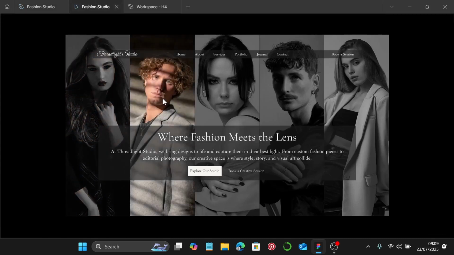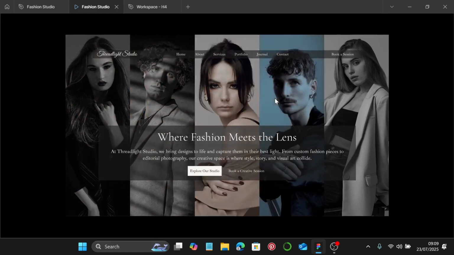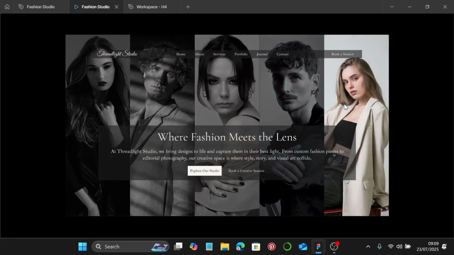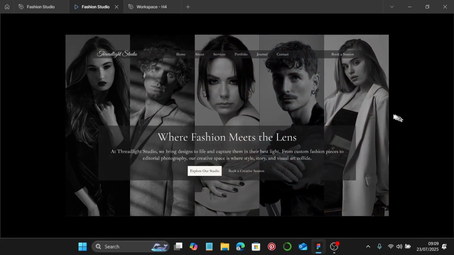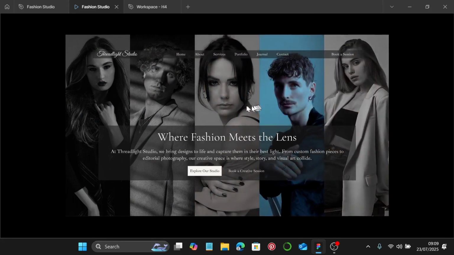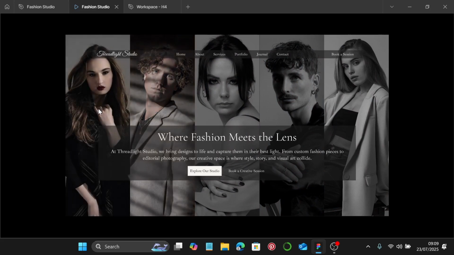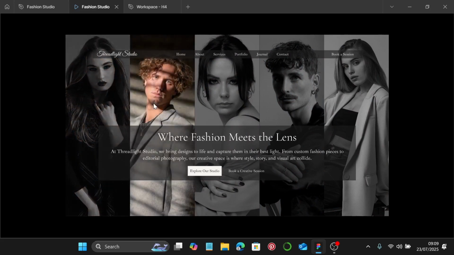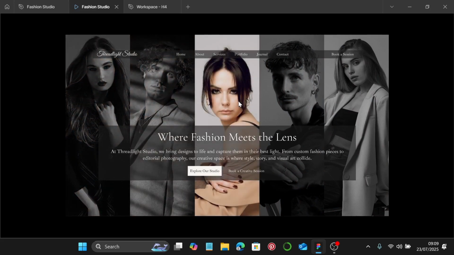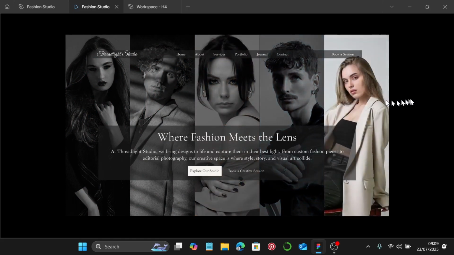And we have our Fashion Studio hero section design. So you can go ahead, and I'll always encourage you to change things around. If you don't like how things are moving, you want to use different images, you want to use different sizes or shapes of the images, you can go ahead and do that. But with that said, we have